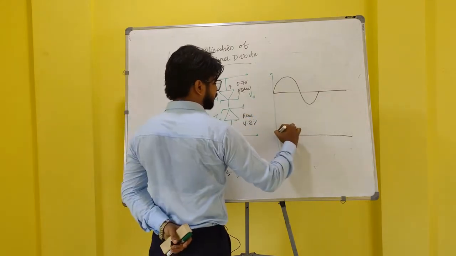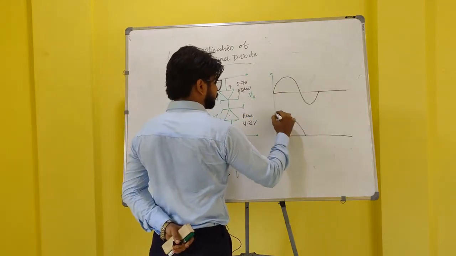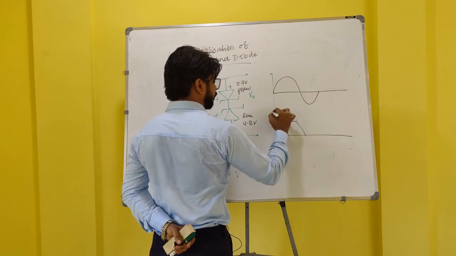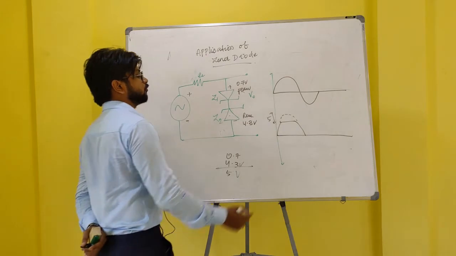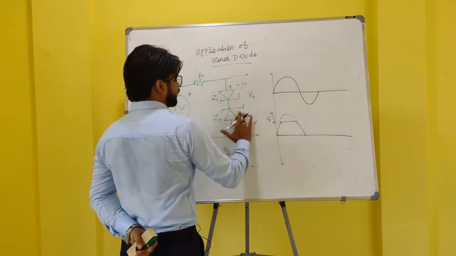So in the first half cycle, a 5 volt drop is seen as compared to the input signal. Now let us move on to the second half cycle. In the second half cycle,